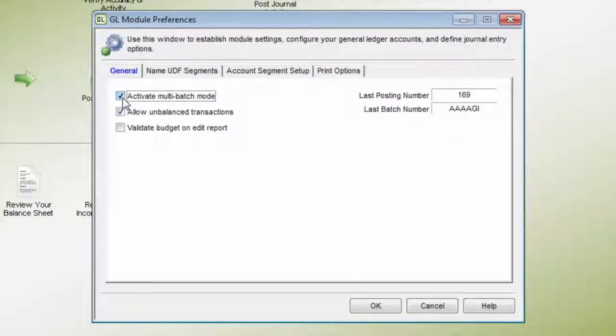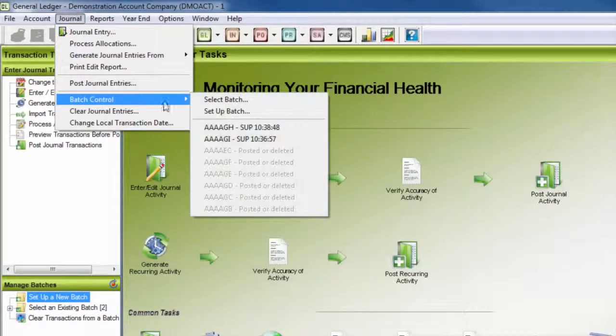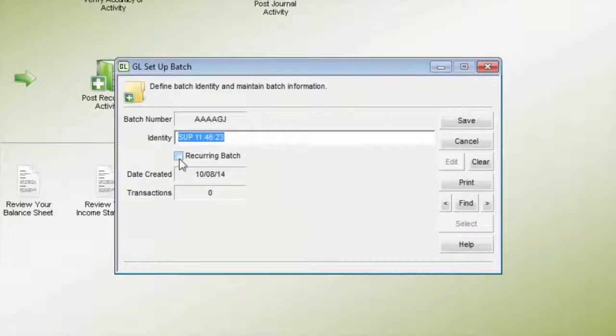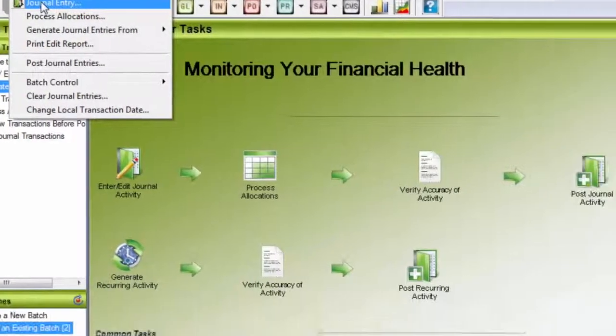To process recurring transactions, select New Batch from the menu, or a user will be prompted to create one. Recurring transactions require a separate batch. This is where modifications can be made later. Once a batch has been created or selected, the journal entry detail grid must be opened where specific journal entry